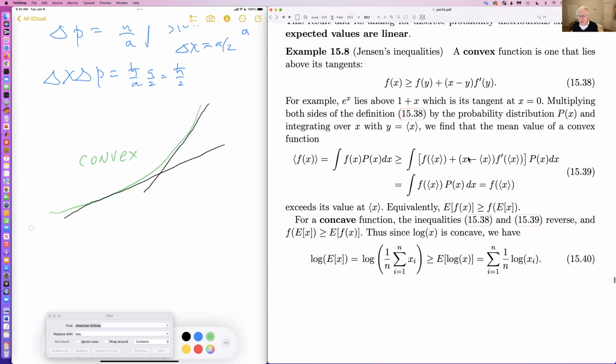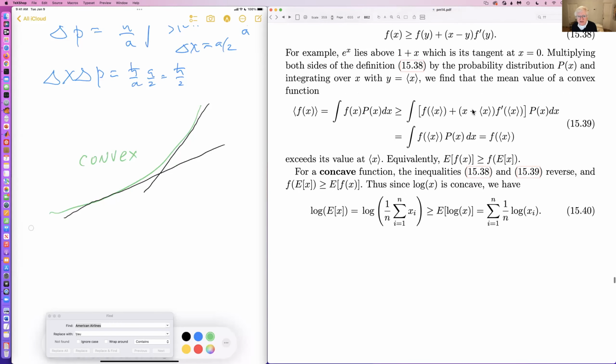the mean value or the average value of a convex function. So in other words, what we have here is that the average value of f of x is greater than or equal to f of the average value of x. And the reason for that is,